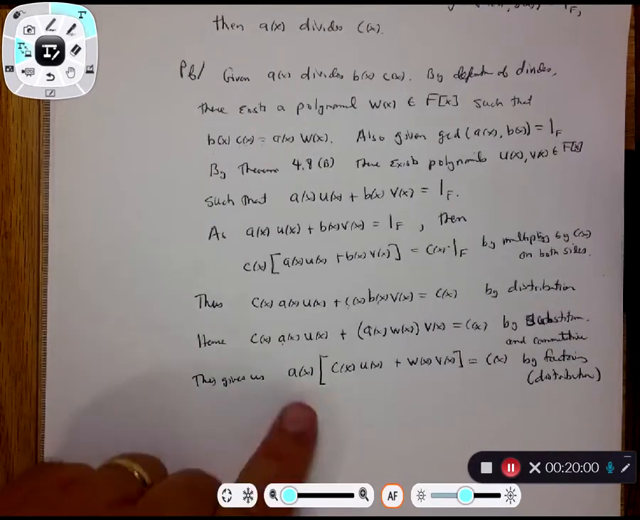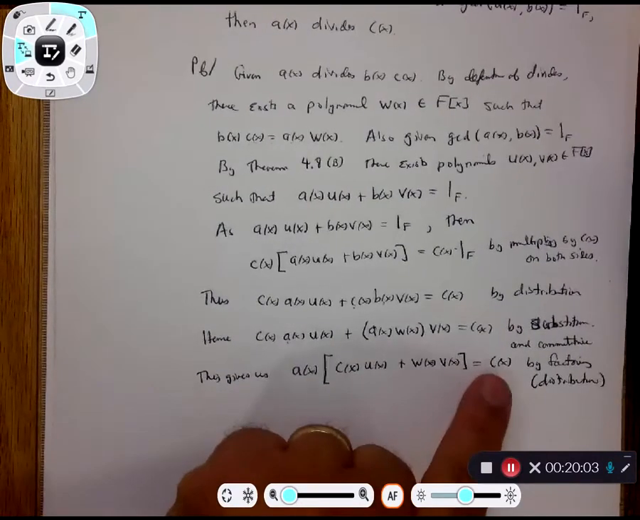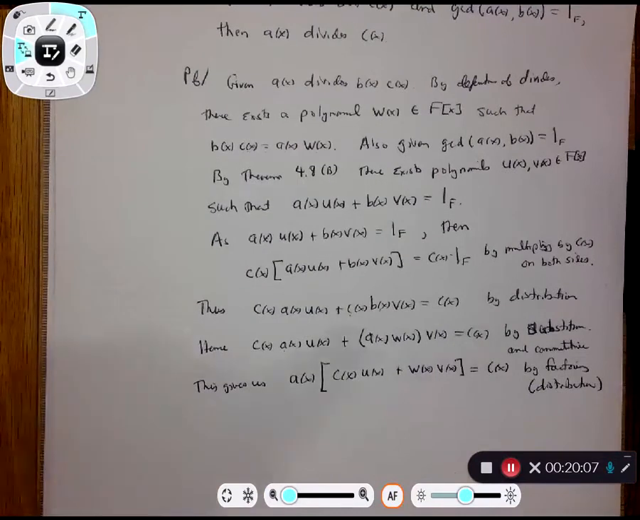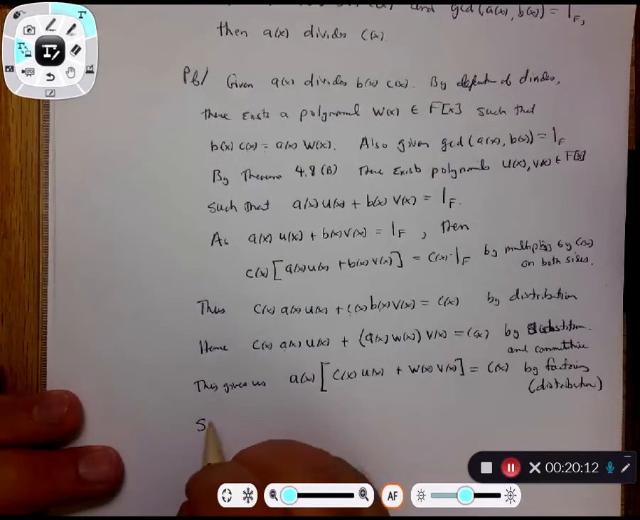So I've got A of x times somebody is equal to C of x. But that somebody has to be not integers anymore. It's got to be a polynomial. So why is this guy a polynomial? Well, since